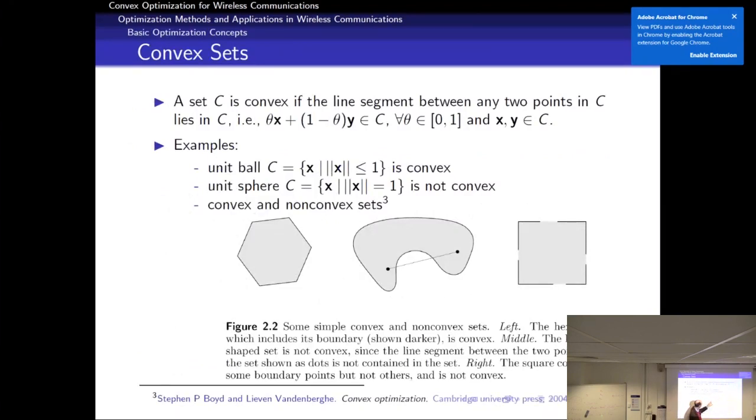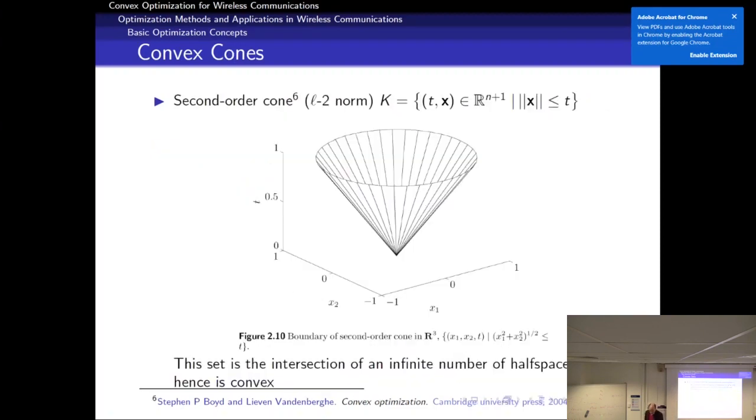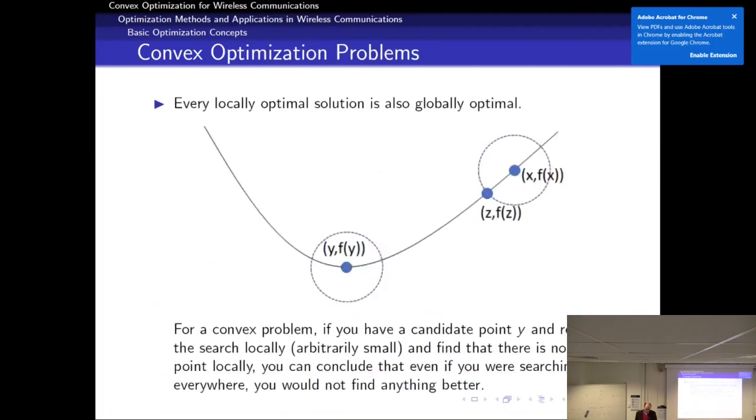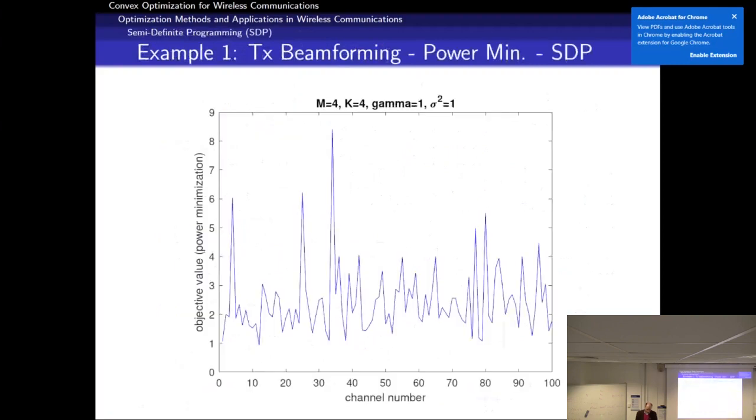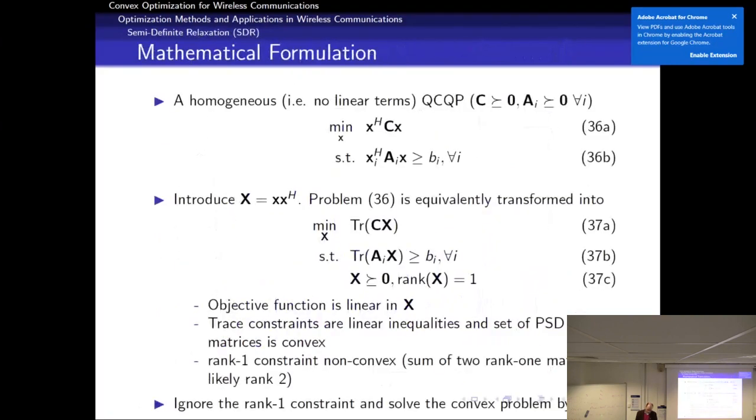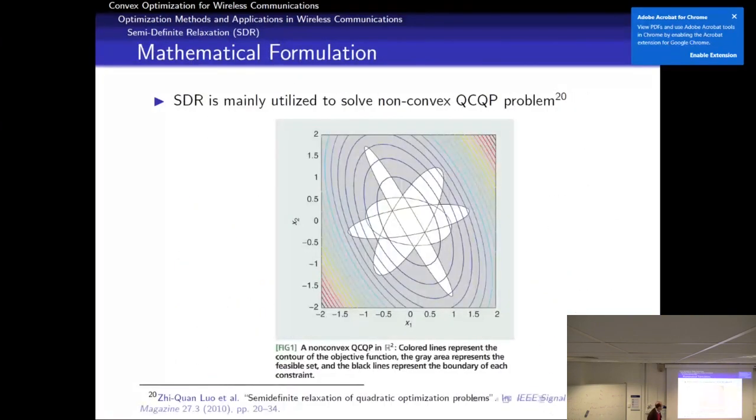You take any two points and you trace the line. Any points here do not belong to that set, right? So here we have the same problem. We have a non-convex quadratic constraint, a quadratic program with quadratic constraints, right? And this is what is represented here,